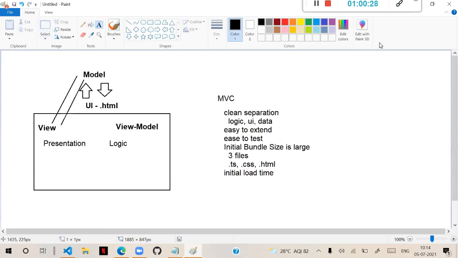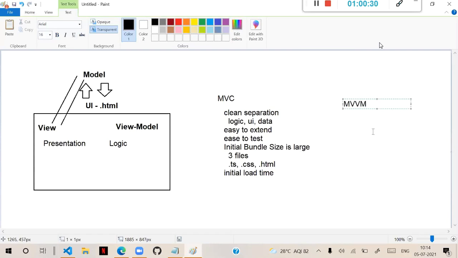What is the advantage of MVVM? Everything is managed in the UI. You configure in UI. You manipulate in UI. So you present in UI. Configuration, manipulation, presentation, everything in the UI only. What is the drawback is it is hard to test. It is hard to extend,